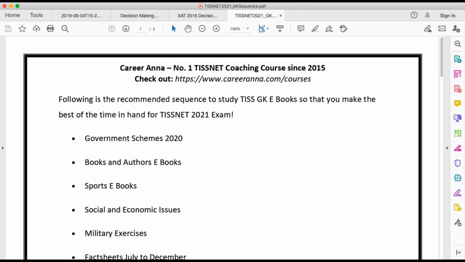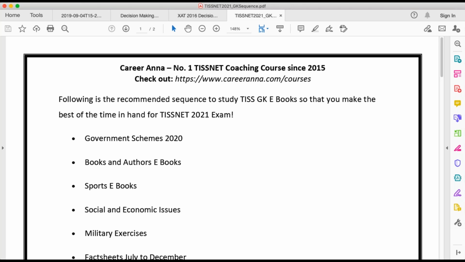In between, even certain ebooks which are small in length have a probability of having say one question coming from them. I have put them at the higher priority so that if you are done with say 10, 12, 15 pages, you can be assured that if one question is going to come from it, you are going to get it correct, rather than studying the first 70, 80 pages from some other topic's ebook from where 3 to 4 questions are expected to come. So it's always easier to study 10 to 15 pages first rather than studying 75 to 80 pages.